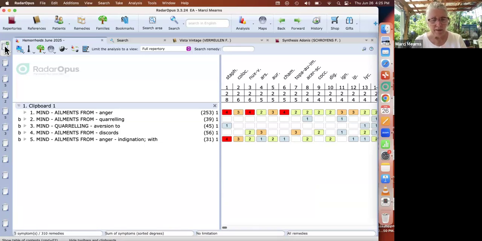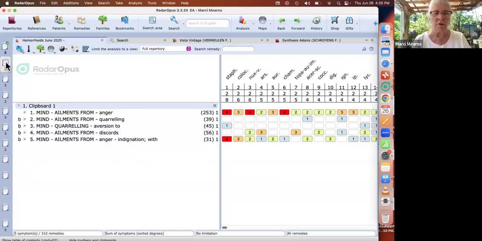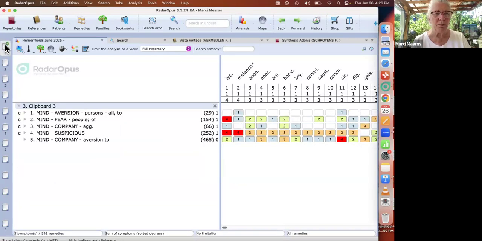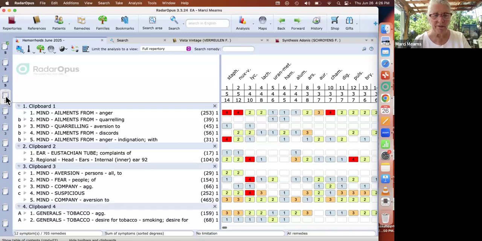Now, on the Mac, I'm going to take my pointer finger, since I'm right-handed, and I'm going to press and hold the Command key. It's the one just next to the space bar. And as long as I keep my finger on the Command key, I can then go click on another clipboard and it turns on. Okay? If I click on that same clipboard again, still with my finger on Command, it goes off. So keeping my finger on the Command key allows me to turn the clipboards off and on. Okay? So you can do all sorts of jazzy combining here,